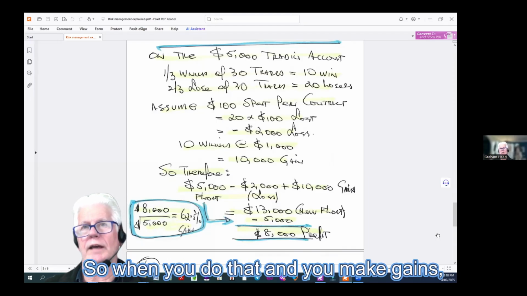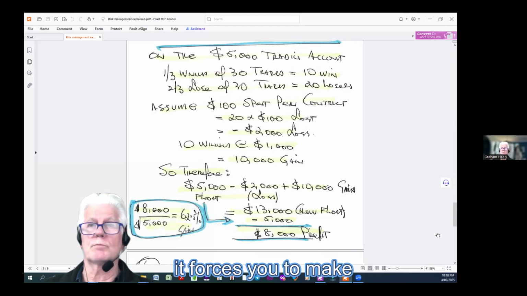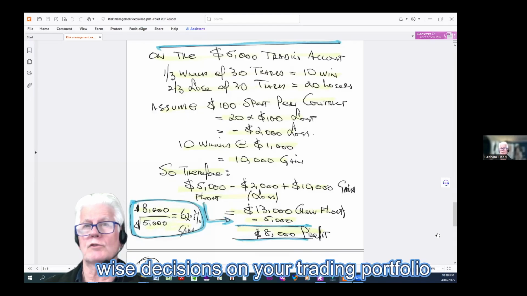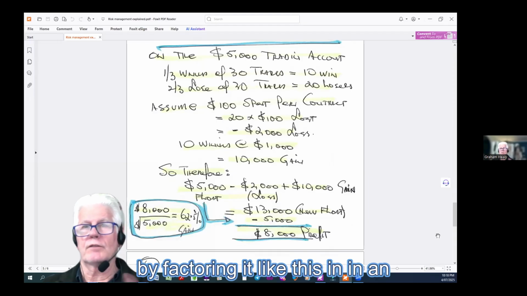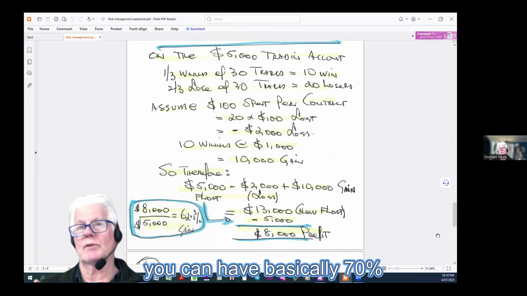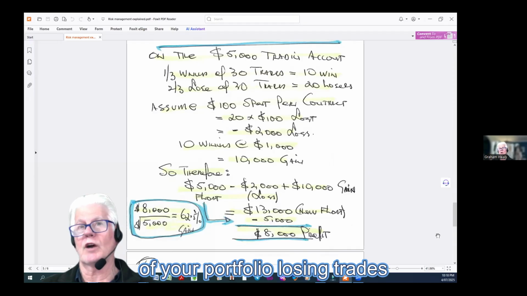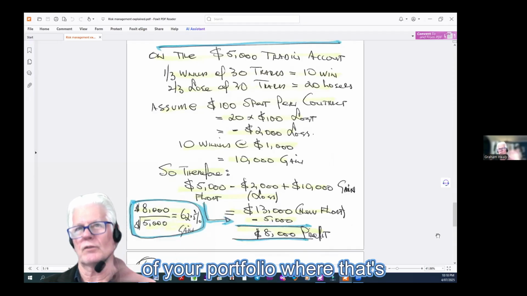So when you do that and you make gains, it forces you to make wise decisions on your trading portfolio, to make money and not throw money away. So by factoring it like this in an asymmetrical risk protocol, you can have basically 70% of your portfolio losing trades and only 30% of your portfolio,